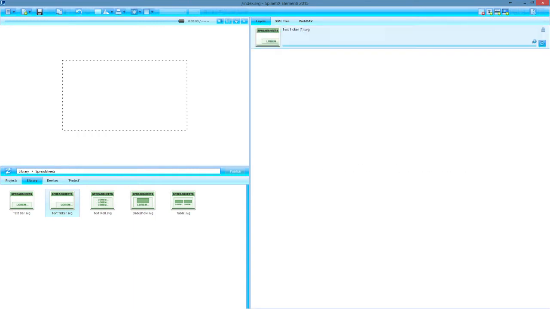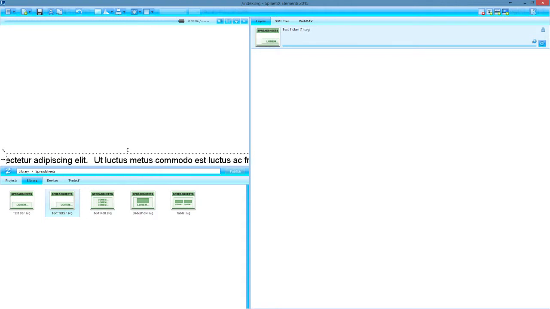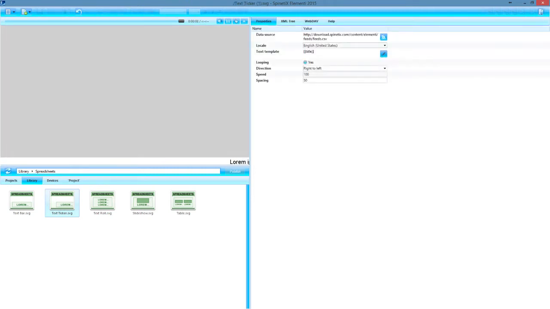And I'm going to use one of these. For this one, I'm going to use the text ticker. Drag it over and add it as a layer, and then I'm just going to size and position it along the bottom. Save, and then I'm going to open up that layer, and in the data source,